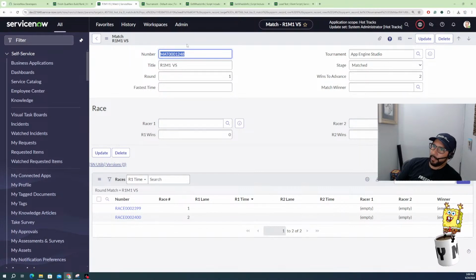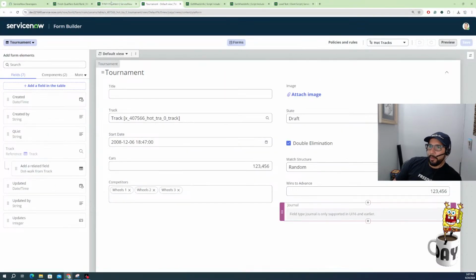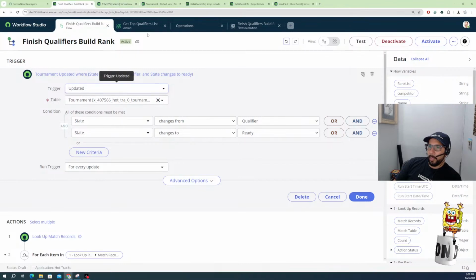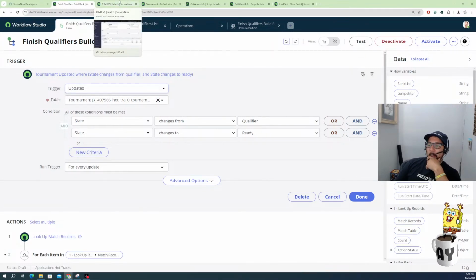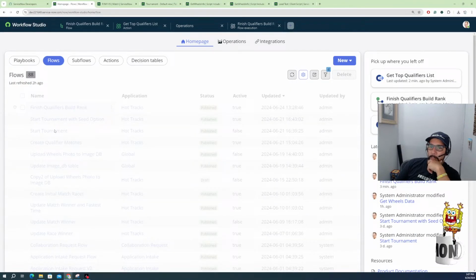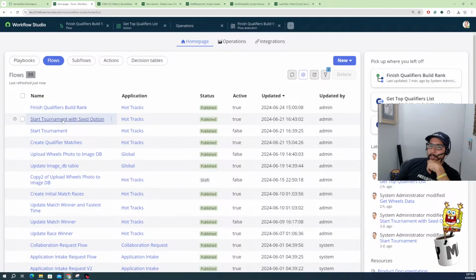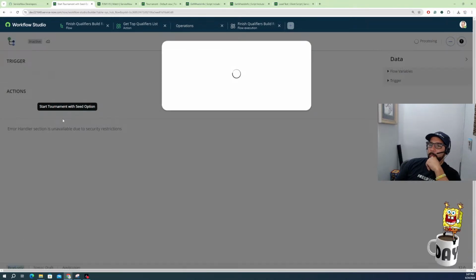So what's going on? Let's take a look at our flow and see what we changed. What we did change was it should make the matches according to that list now. Okay, so if we go back to our workflow studio,